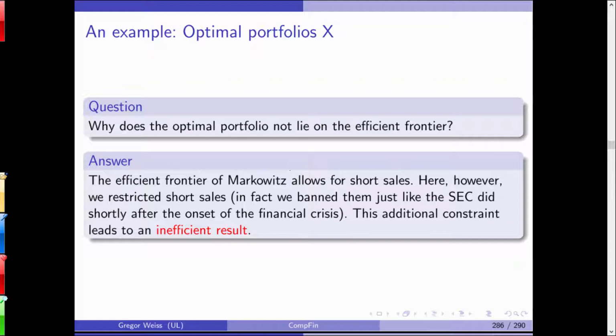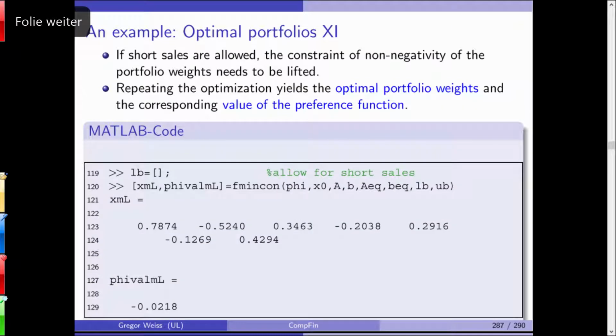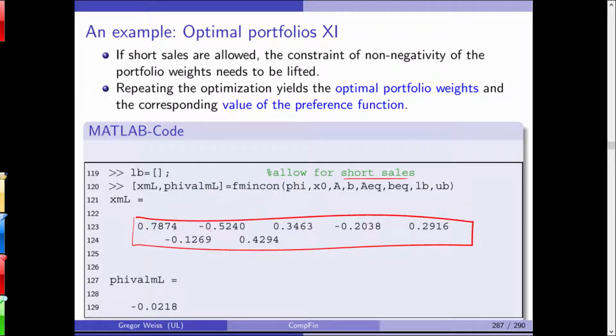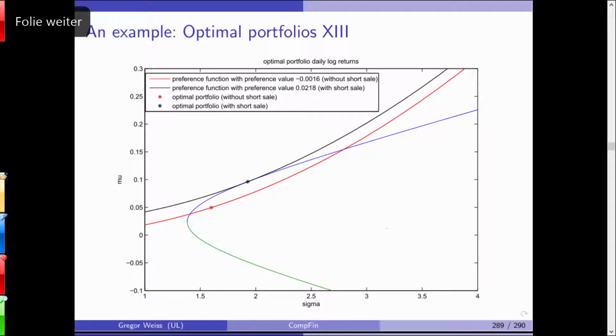Why is it not on the efficient frontier? Again, no short selling. If we allow short selling, we get a better result. How is that? Quite simple. We do the very same and we just allow for short selling, as you can now see, some of the stocks. For example, the second and the last one and the fourth one, they are actually sold short. And you have a short position in these. And the result is just that you move to a higher indifference curve. So utility is increased, and you are now able to get this portfolio,